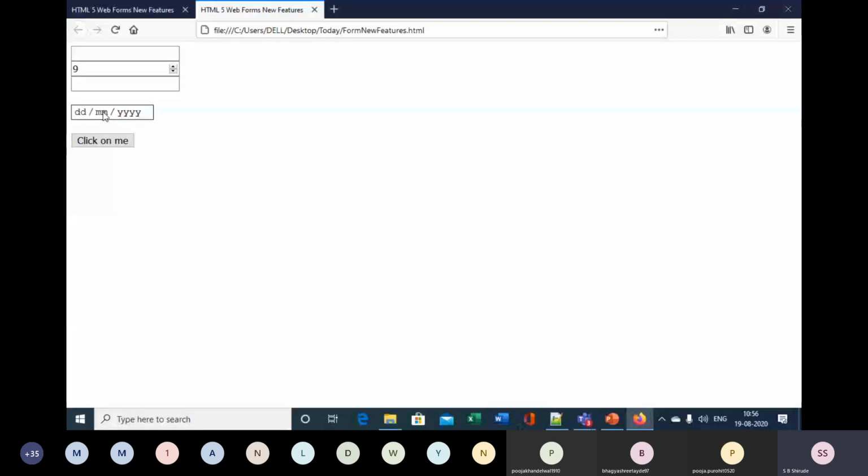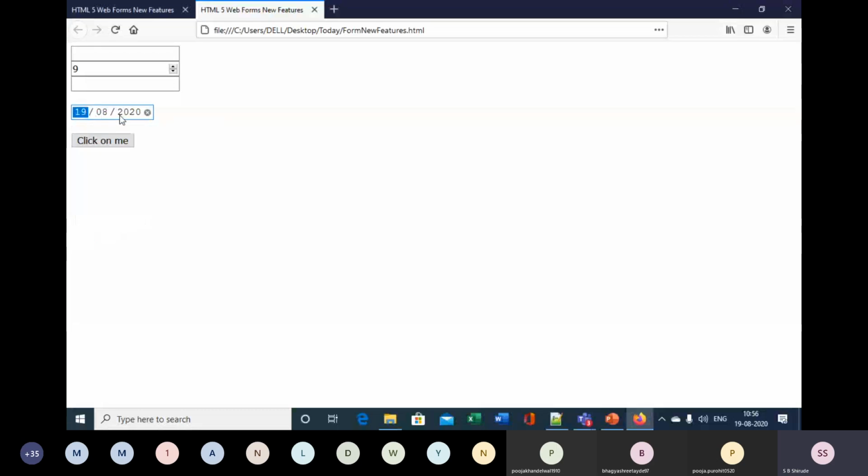So see here, this is the date. If you look at the date control, I have obtained the calendar here. For example, if I want to insert today's date, say 19/8/2020. If I want to change, I can insert another.